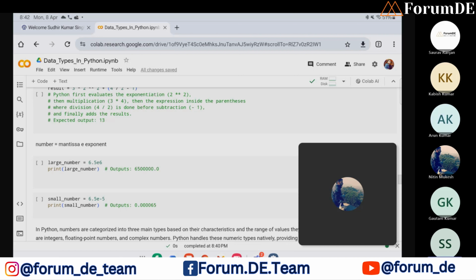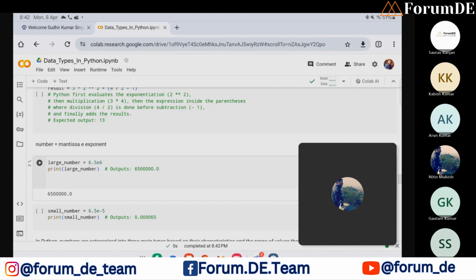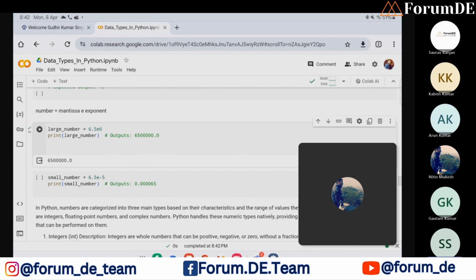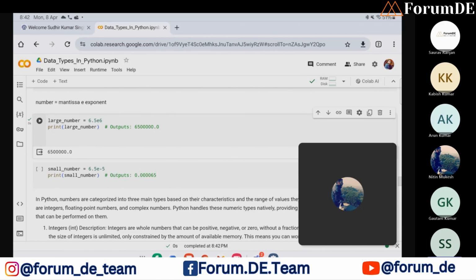This e power 6 means 6.5 into 10 to the power 6. So when you convert 6.5 into 10 to the power 6, you will get the following output, like this one here: 65 lakh. Similarly, you can write 6.5 e to the power minus 5.